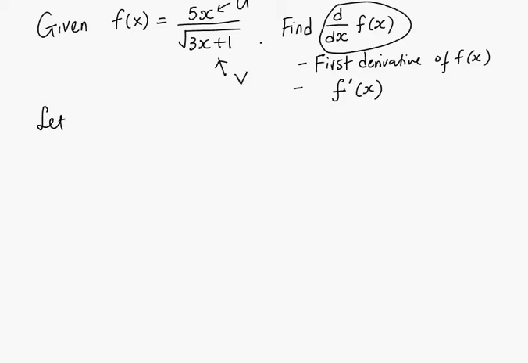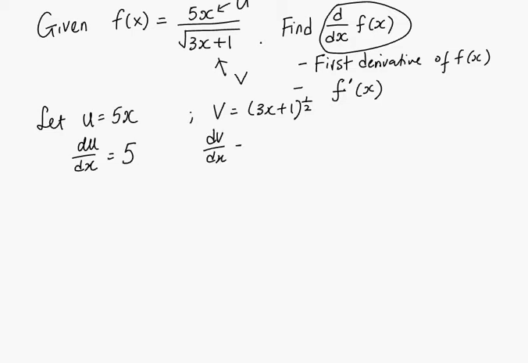So we let u equal 5x and v equal (3x plus 1) to the power of half. So we do du/dx, which is 5, and dv/dx, which is half